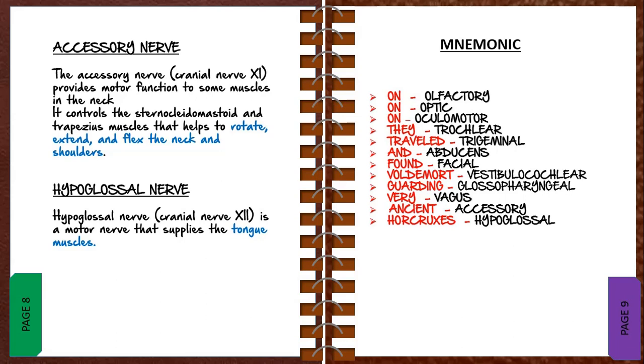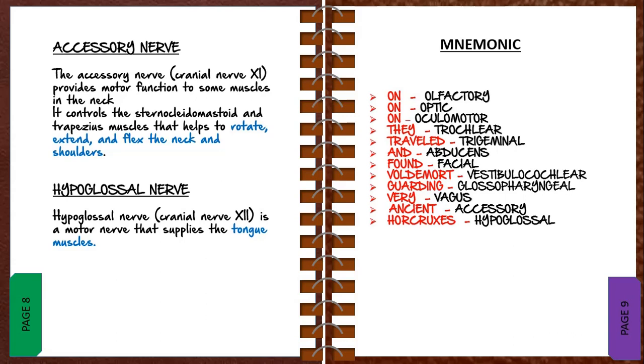There is something else also which is related to sensory, motor, or both. Keep that in mind: sensory means S, motor means M, both means B. In these cranial nerves, some are related to sensory, some related to motor, and some are related to both sensory and motor. So how to memorize that? That mnemonic I'll also tell you. Some says money matters, but my brother says big brain most matters.